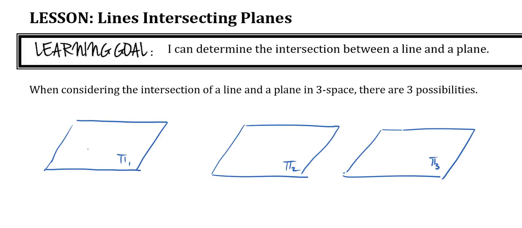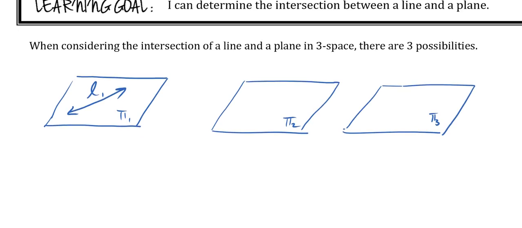The line could be right on the plane, so that would look like that. In this case, our solution is a line. Now, there's infinite points,